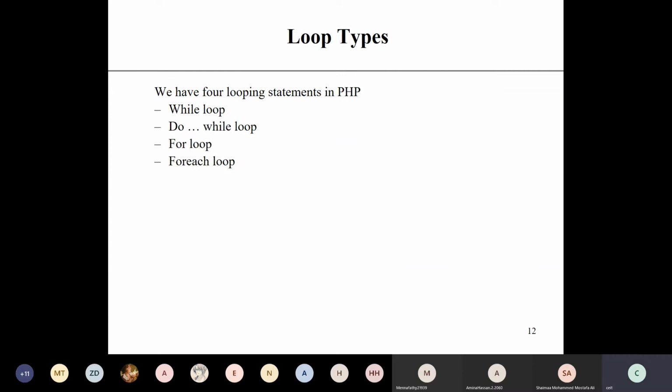We have 4 looping statements in PHP: while, do while, for loop and foreach loop. Bounded loops are for loop and foreach loop, because by seeing the code you can know exactly how many times the iteration will happen. Unbounded loops are while and do while, because they iterate based on the condition.